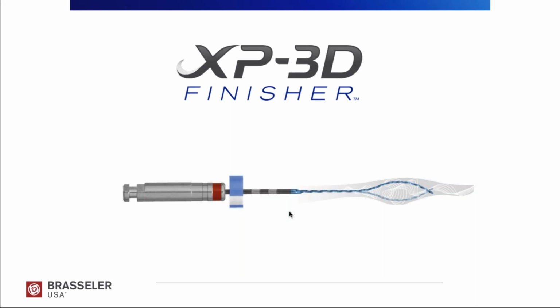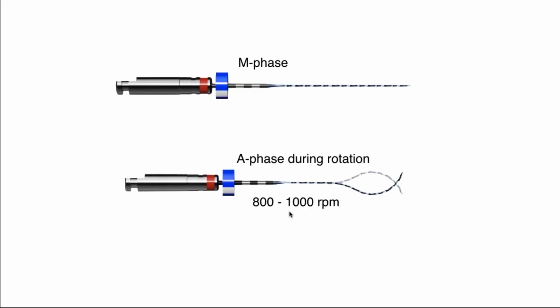Now, in some canals, the buccolingual dimension, remember that lateral incisor I showed you, or the lower incisor that I showed you, they were way more than 1 millimeter in the buccolingual dimension. Internal resorption, other examples. So for those cases, we use the finisher. Now the finisher has the same